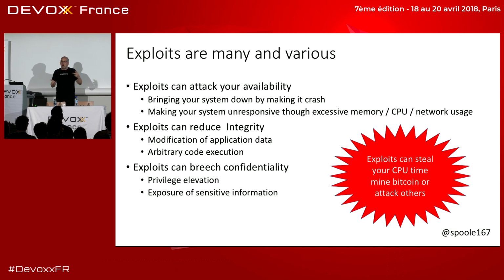Just as an example, if you're connecting to Wi-Fi, like now, you might have gone through what's called a captive portal where you're saying, I accept the conditions. At that point, you're running JavaScript. So this isn't a Java story, but it's an example. There are examples of people running Bitcoin mining in that JavaScript while you're waiting, while you're deciding whether you're going to accept or not. They stole your CPU, right? So they can steal your CPU on the servers that you run your applications on. It all starts to sound a bit horrible.